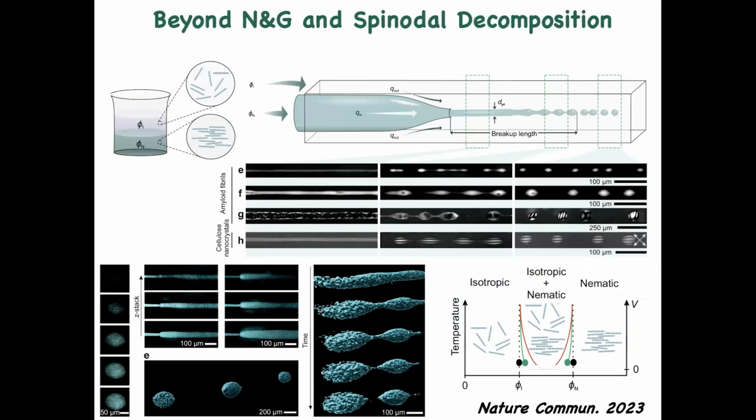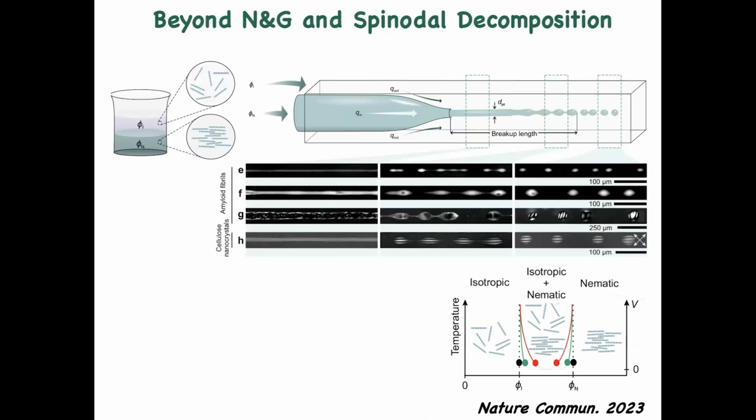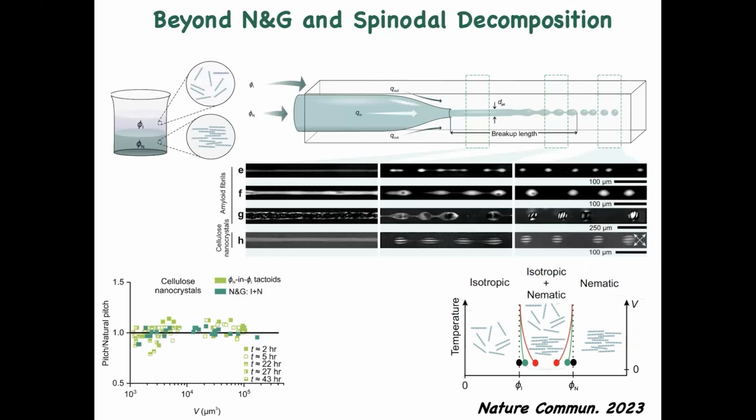You tend to approach the thermodynamic boundaries already from the very beginning. But in the case of amyloids, they are longer, they're more semiflexible, so there is a shallow slope in the binodal line. So we expect the nanocellulose to be more prominently thermodynamic and the amyloid to be trapped in a metastable state. And the best way to test it is just to look at the internal structure. We just mentioned the periodicity.